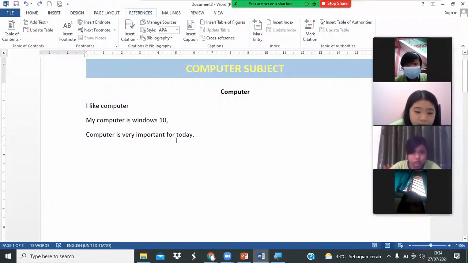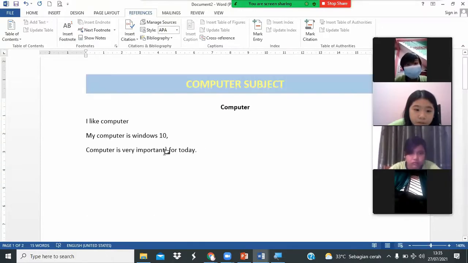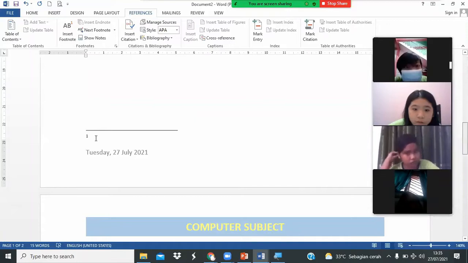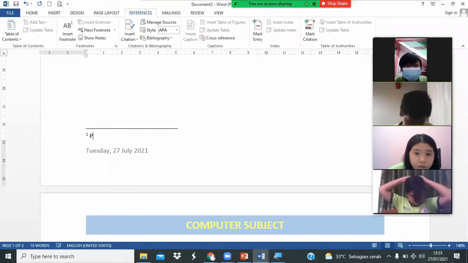Okay, don't forget put your cursor here. And then reference, insert footnote. Okay, have number automatically, ya, secara otomatis. Look at in here have also number, small number 1, because this is the first time we make the footnote. Later if we make again, number 2, ya. Okay, we type here the example important. Kita buat aja persamaannya ya. Penting ya, sangat penting sekali.